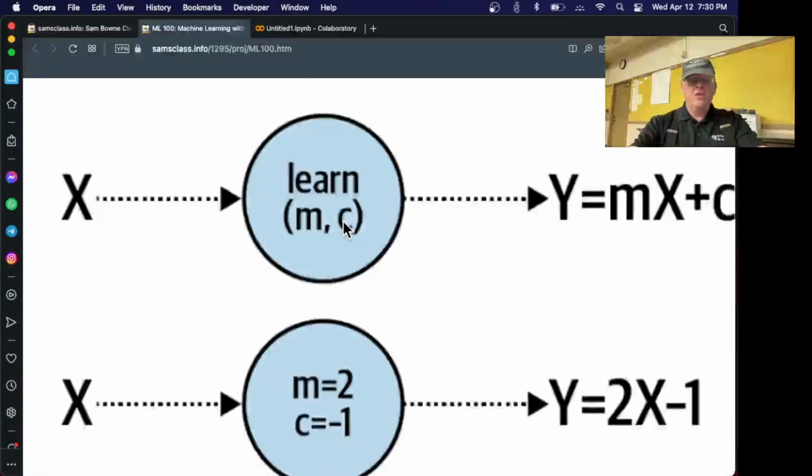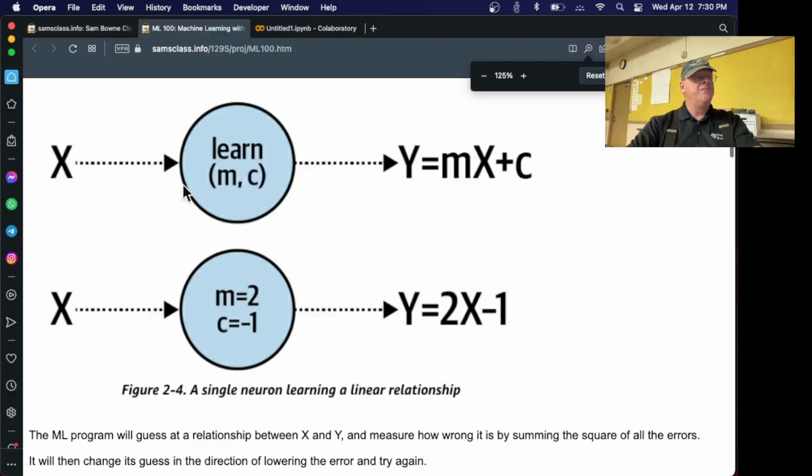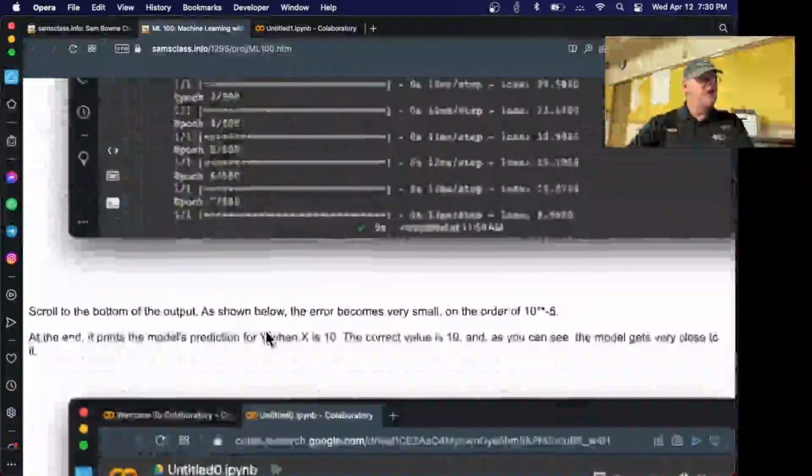This is what it is. If you look at a diagram of it, X comes in, it's going to use one neuron to calculate it and get Y equals mx plus c. It's going to fit two parameters, m and c. The right answer is 2 and minus 1. And you can see how close it got